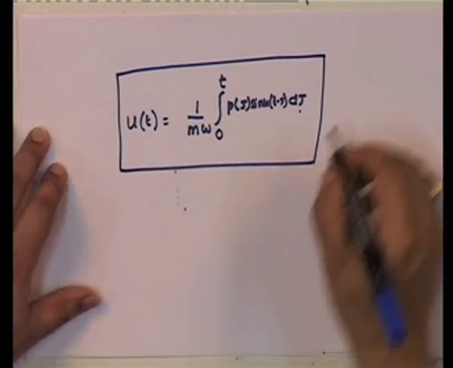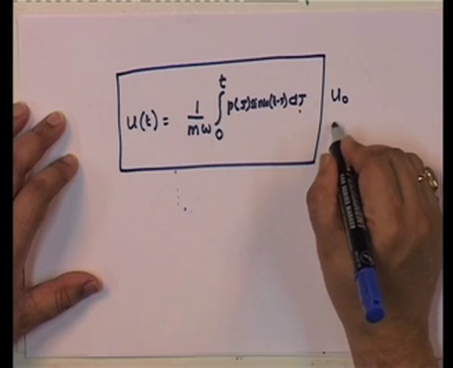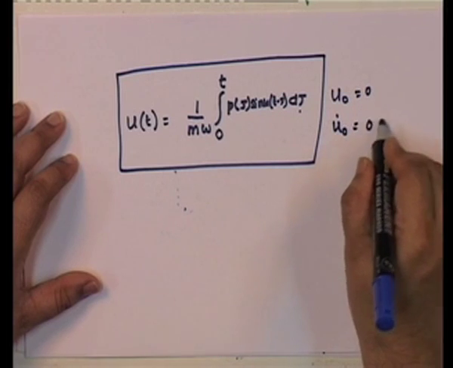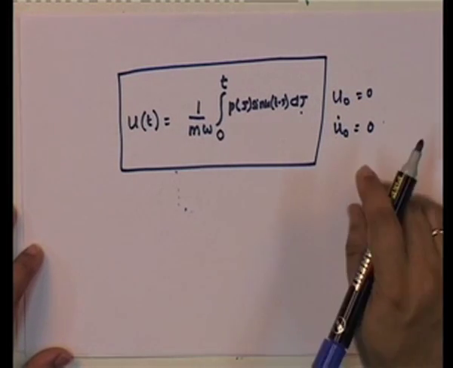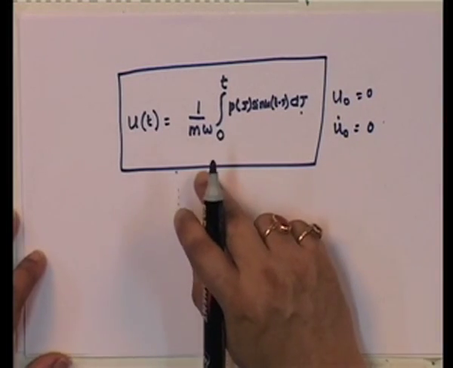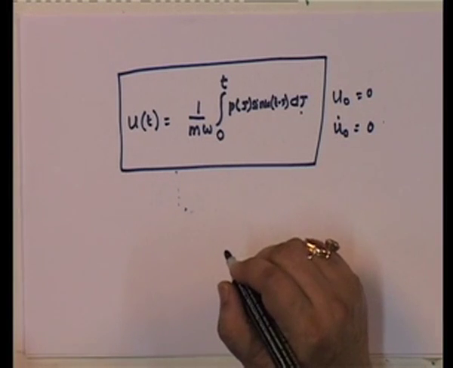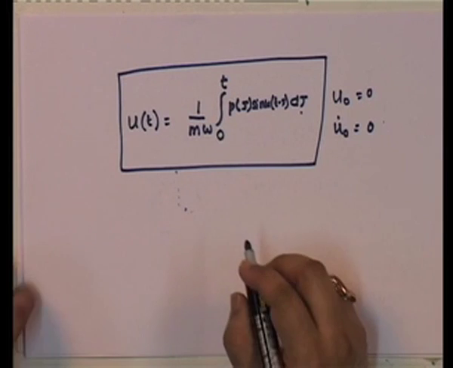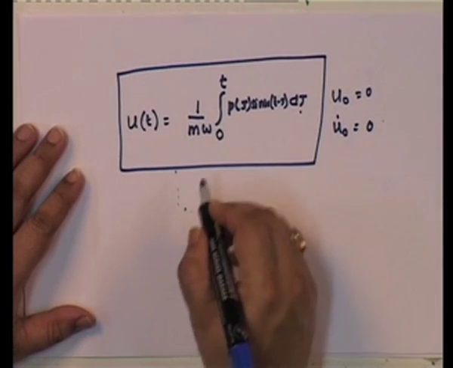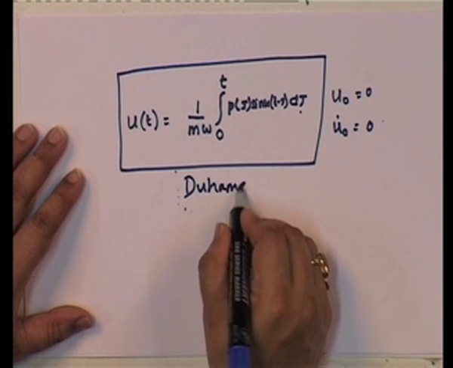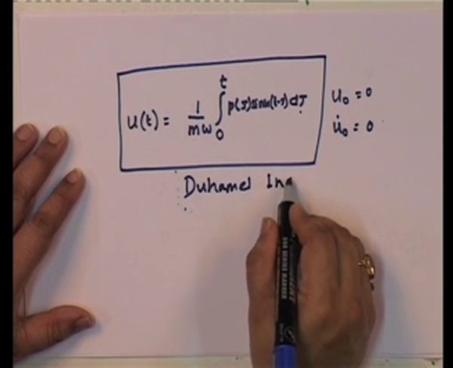Of course, this is assuming u 0 is equal to 0 and u dot 0 is equal to 0. It means this is valid only if you have at rest conditions. So, this is actually called the Duhamel integral,